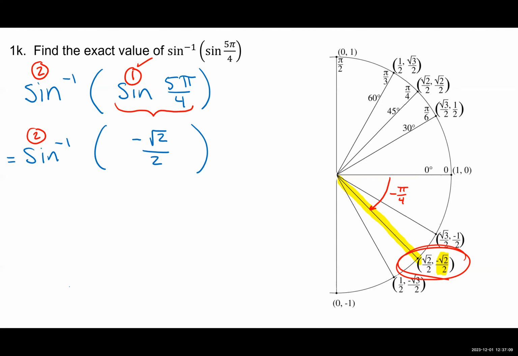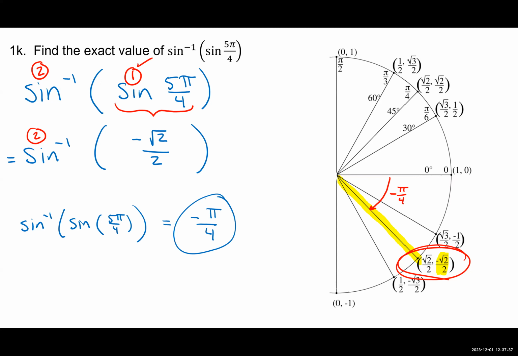So the sine inverse of the sine of 5 pi over 4 is equal to, not 5 pi over 4, but negative pi over 4. And again, if you think back earlier in this video,